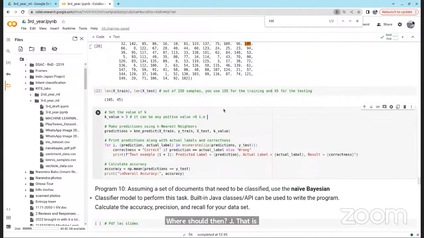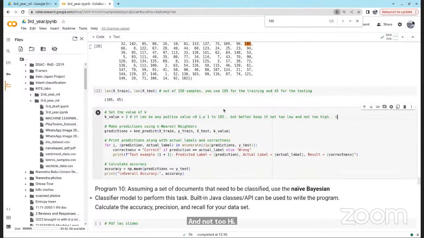So 1 to 105, you can choose that, but better keep it not too low and not too high.